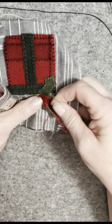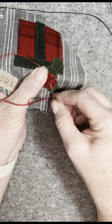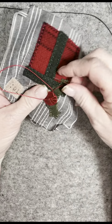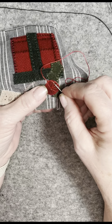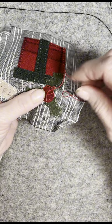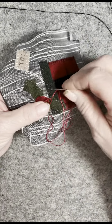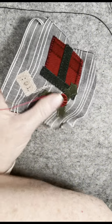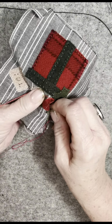I'm going to go all the way around, and I'm using a variegated red. I'm sure you can tell the difference in the color of this. And I love variegated threads, just the way they look. There we go. Oops, I've got a little bit, see this little loop right here? I'm kind of glad that happened because I can show you how to fix it. Pull this thread up a little bit, pull it up, and fix this. I didn't have enough tension on it. There, now I'm just fixing it. There we go. You don't want this thread to be loose, and that happens when you don't keep enough tension